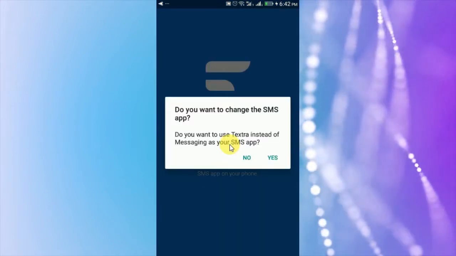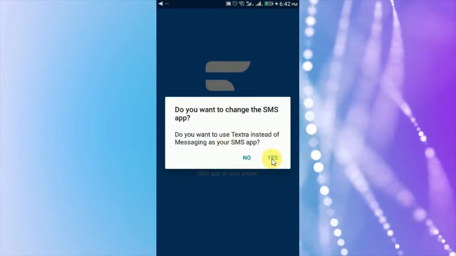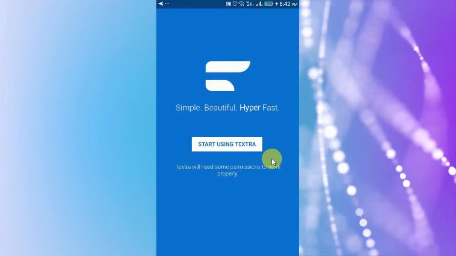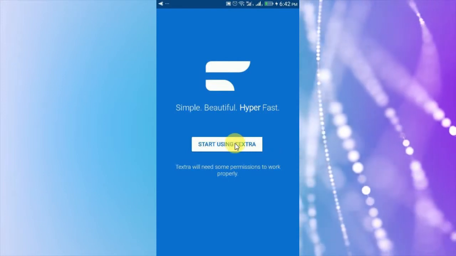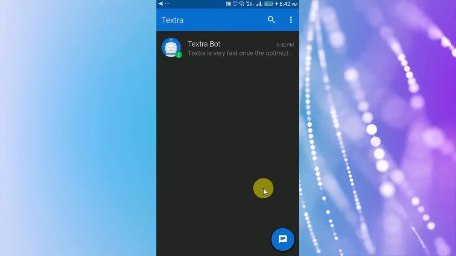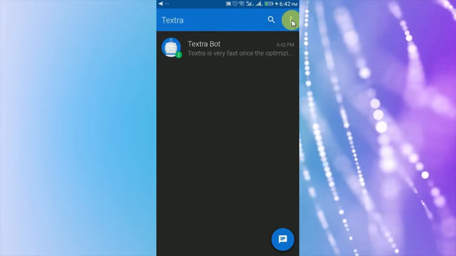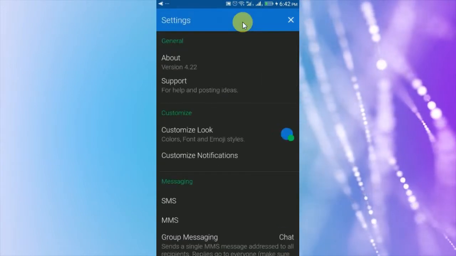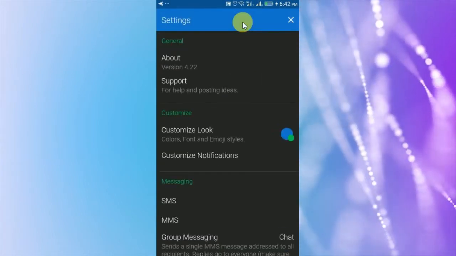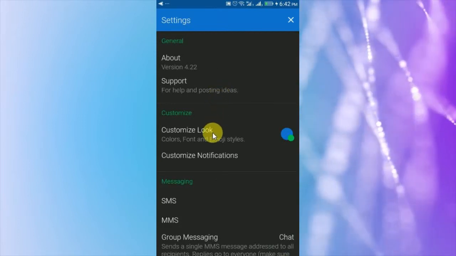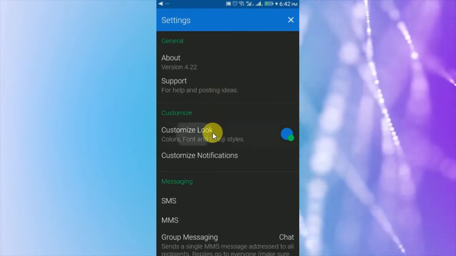App is installed. Now open it. Click yes. Start using Textra. Here is the interface. Here are the settings. About, support, customize, look,